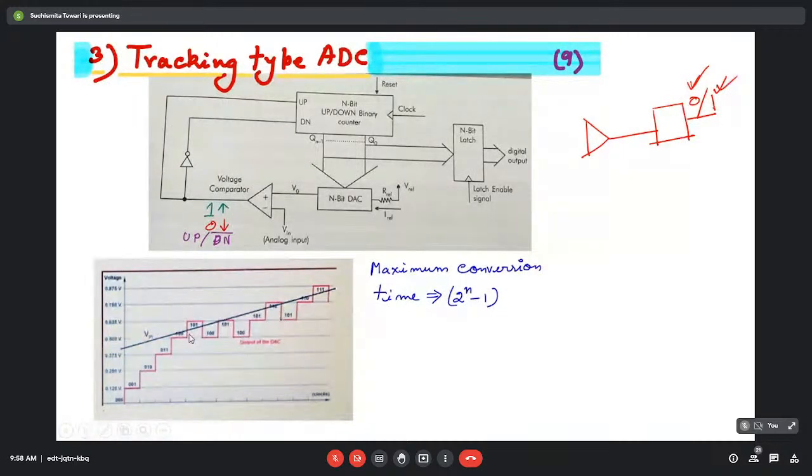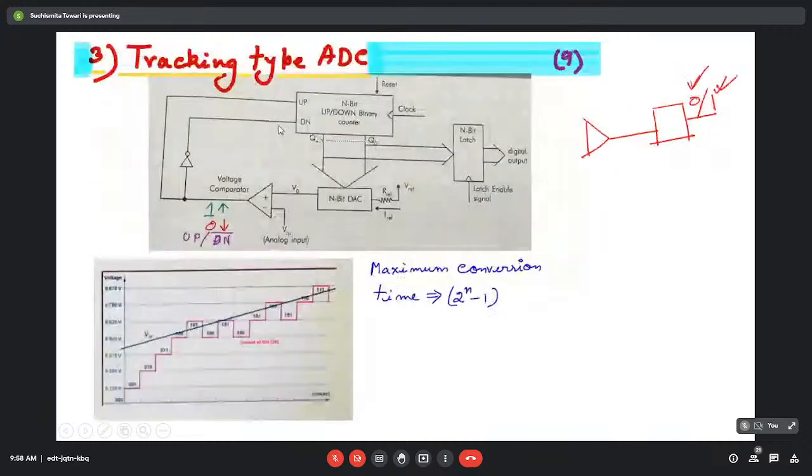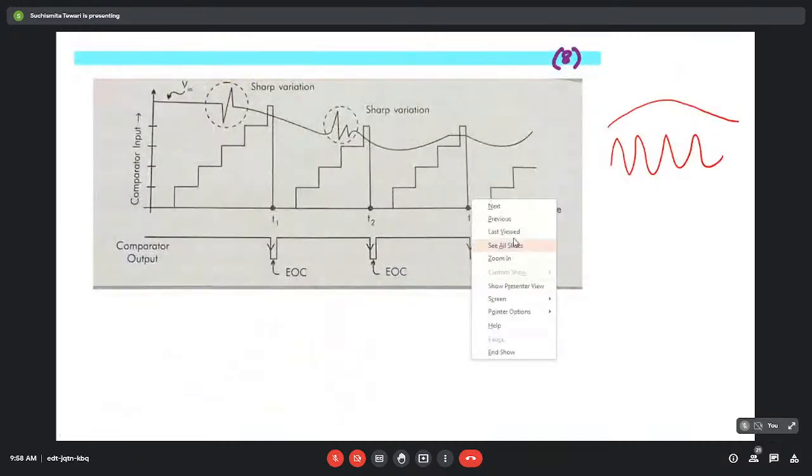So here you see, we don't need to reset the entire counter value to 0000 and start counting from this one again. Here, once we have detected the signal, now the job is to track that signal like this. So here the missing out portion is much less compared to the previous design. So here also, if we want to track this signal,